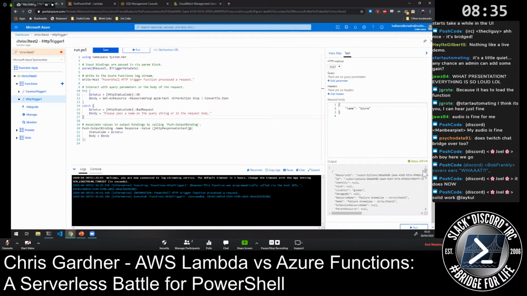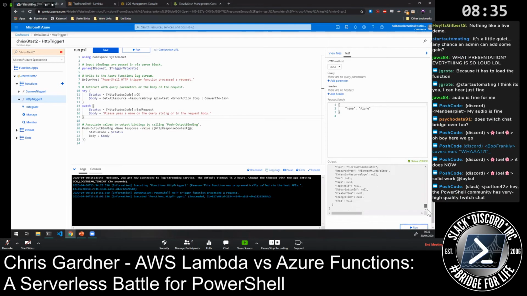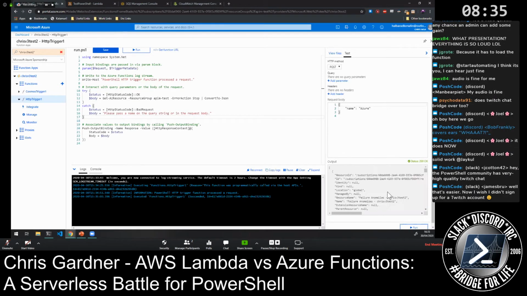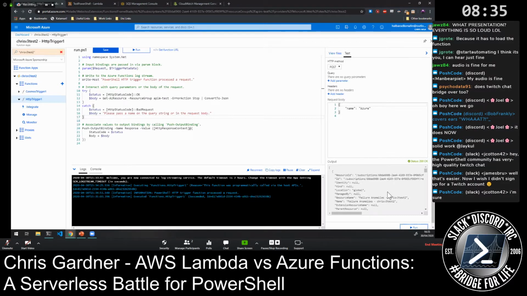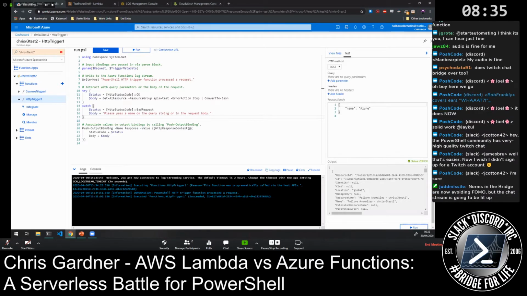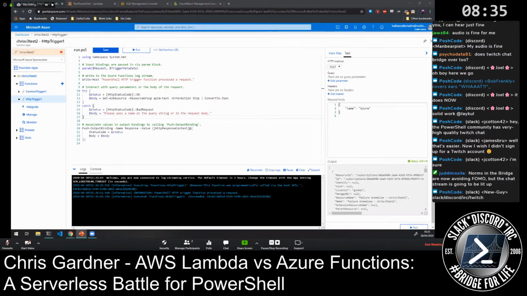So as you can see here in this tiny little box in the corner, I got a whole big pile of JSON back, which is all the different resources available, which, yeah, not particularly useful a lot of the time, but as an idea of what you can do when you can authenticate with Azure from within Azure on a web request, pretty useful. So let's just jump back to the slides.